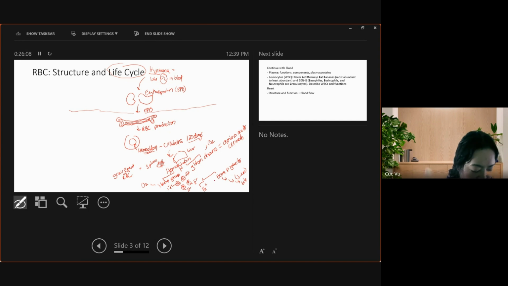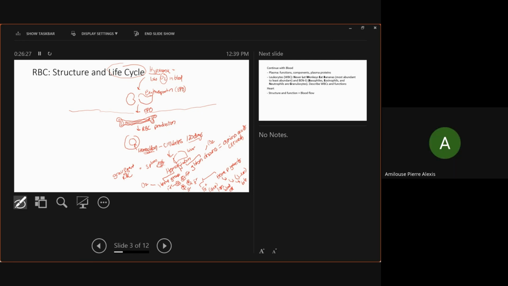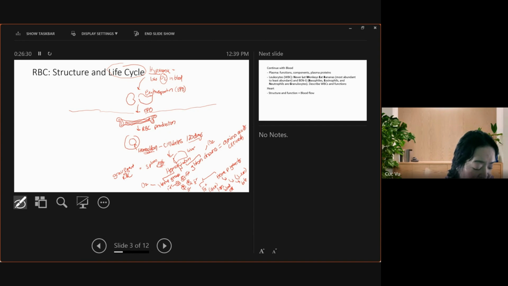The iron, you're going to want to either reuse it or you're going to lose it through trauma, through blood loss. Okay? What gender experiences blood loss every month? Females. Yes, that's right. And that's why oftentimes females more than males have anemia because they lose the iron